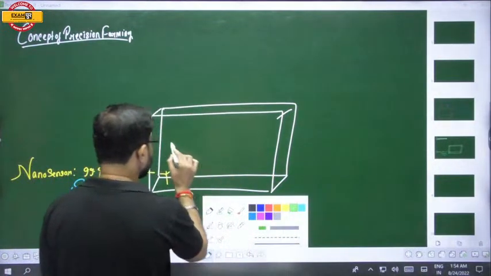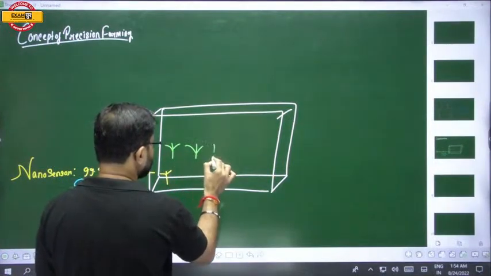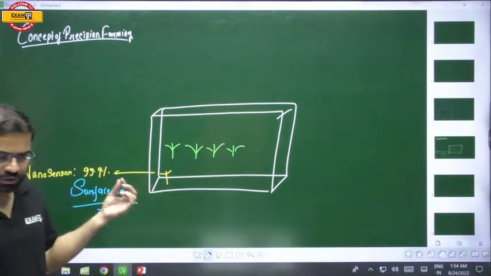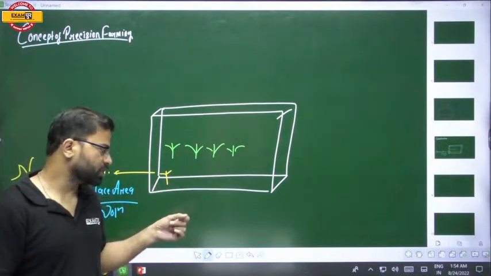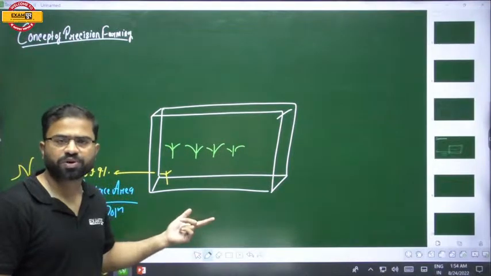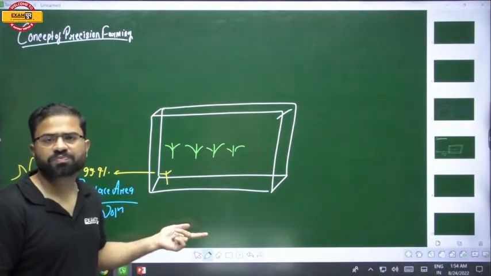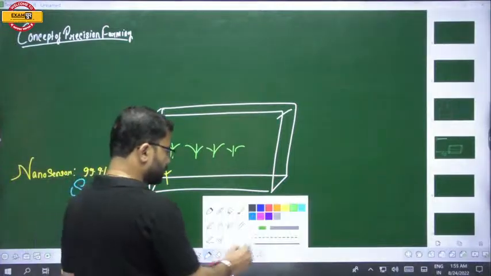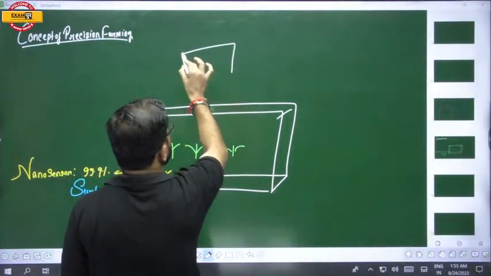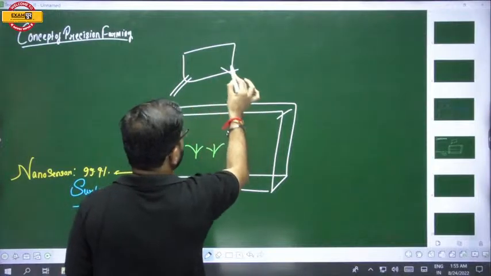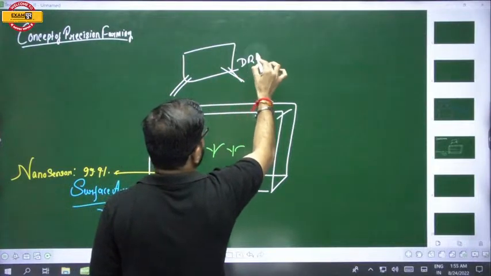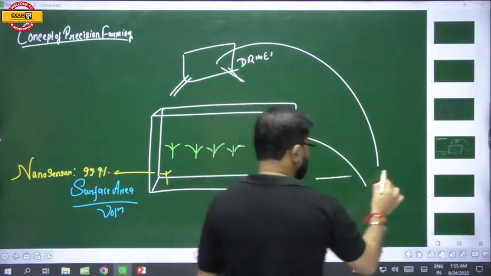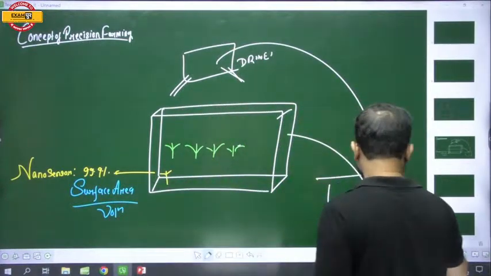Apart from that, we have the sprinkler arrangement. This is your sprinkler arrangement. This particular nano sensor is being utilized simultaneously for monitoring the fertility of the soil, monitoring soil moisture, and even monitoring pests and weedicides. Apart from this, this is your drone, and all these things are being controlled by this computer.